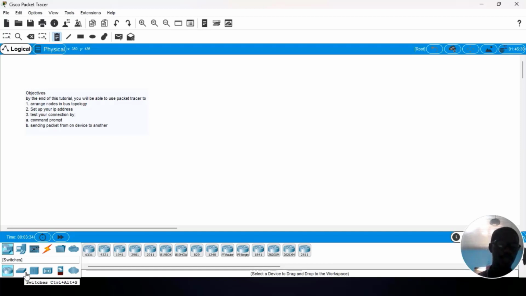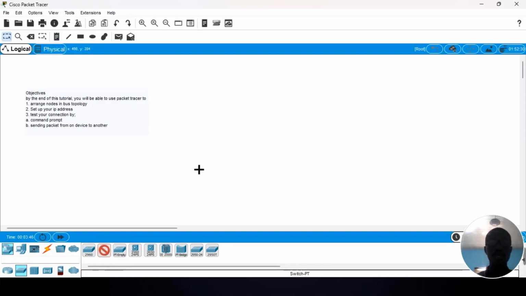You click on switch, and where the mouse is hovering, you will see the various types of switches. I'm just going to use the PT switches. I want to connect 4 computers, so I need 4 switches. So we have 1, 2,